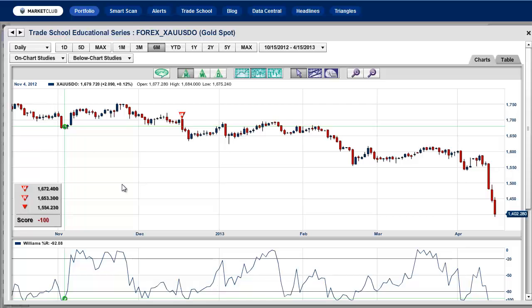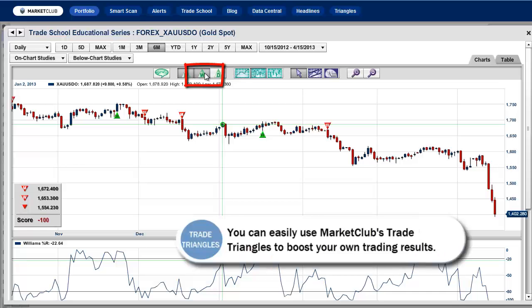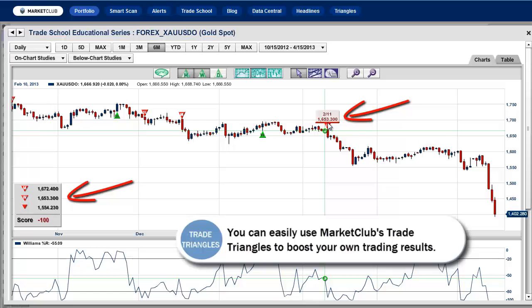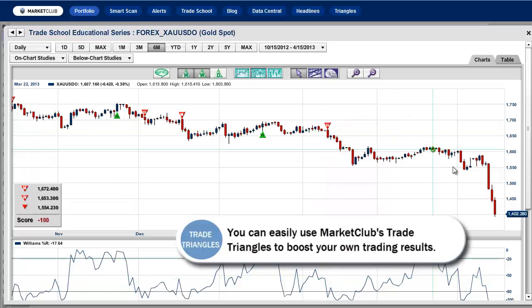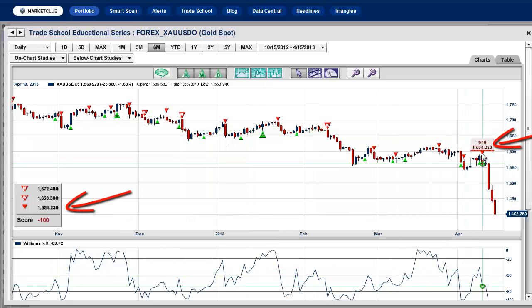Well, could be Cyprus, could be a big liquidation in the ETF GLD. We're going to show you all the trades from the beginning of the year using our trade triangle. So all we have to do is click here, put our trade triangles in. You can see there's our last signal there at 1653 on the 11th of February. And you can see the trend continue down, and then we put our dailies in for short-term timing, and you can see our last signal was there at